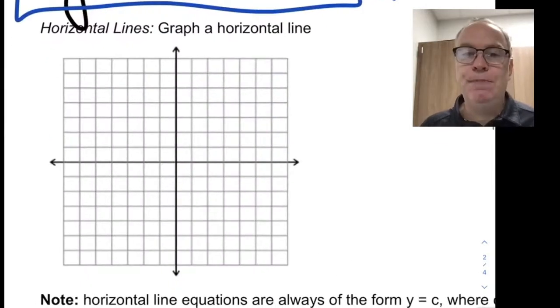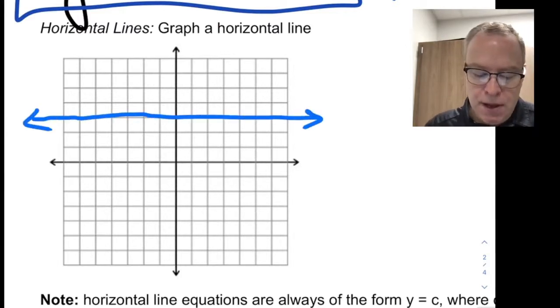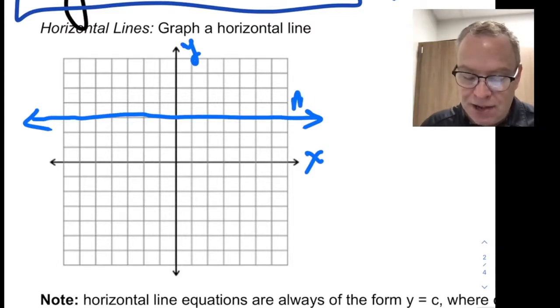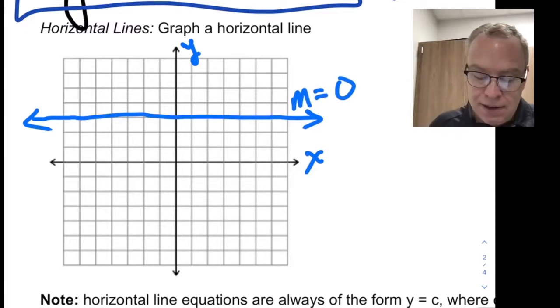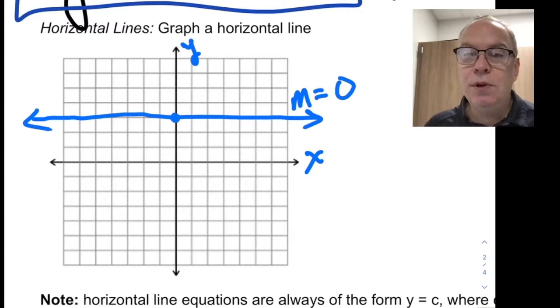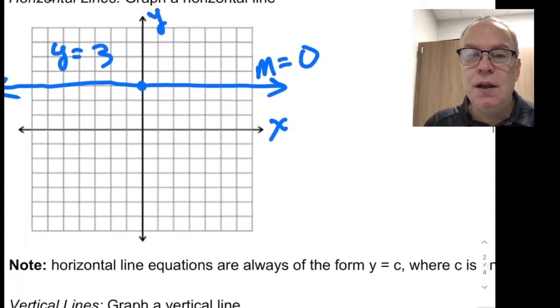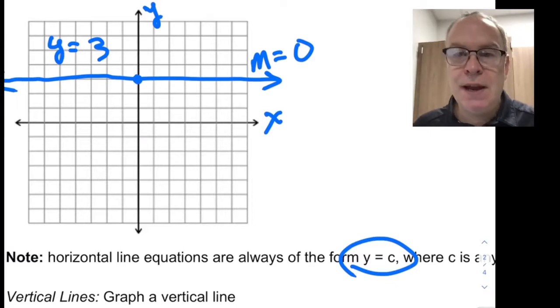All right, now these are some special cases. Horizontal lines. Graph a horizontal line. Here's a horizontal line. This is the y-axis, this is the x-axis. Now what is true about this? This has a slope of 0, and I want you to notice that this goes through y equals 3. Right here is y equals 3. Well, that's actually the equation of the line. Also, y equals 3. And that's what the notes say here. Horizontal lines always are of the form y equals something. So in this case, the answer here would be y equals 3, and I want you to also notice that